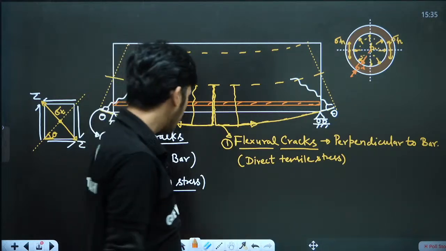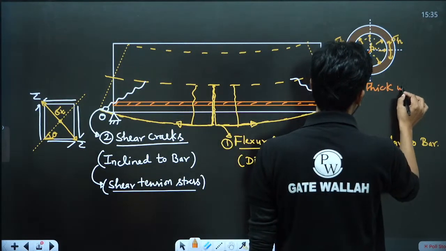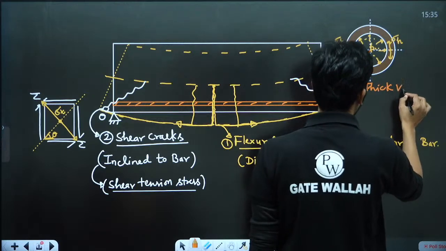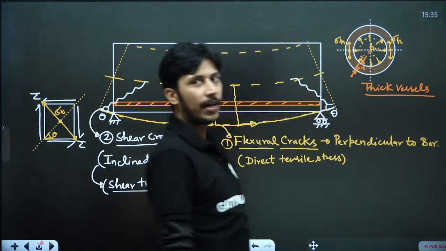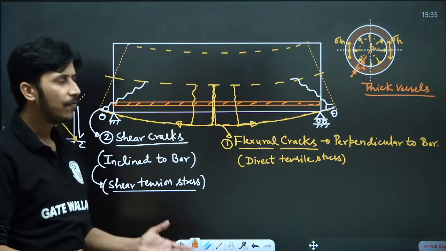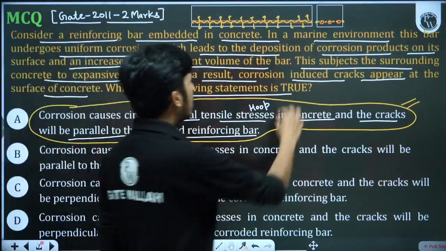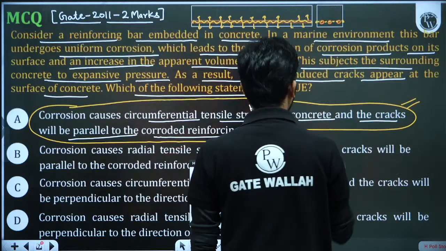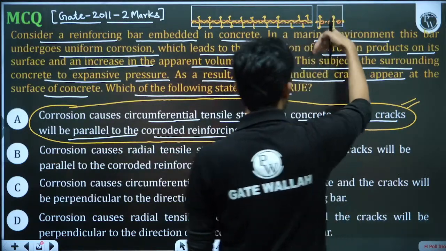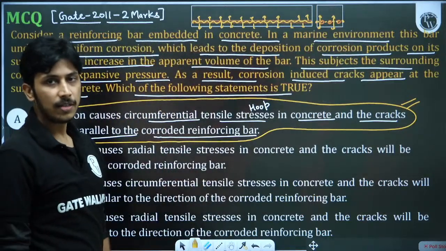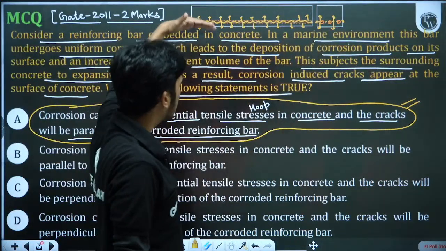If you have studied thick wall vessels, you have understood this thing. In SOM there are thick vessels. This is the concept of radial and circumferential. Both are different. Circumferentially means it is breaking the circumference. Like here it is breaking the circumference. So it is the reason for the fall of the cover. So this cover will fall.